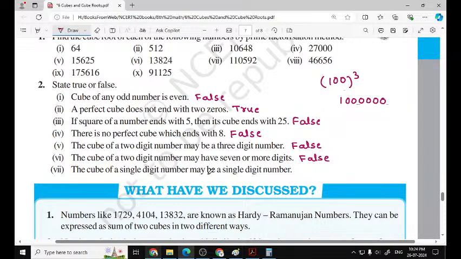A cube of single-digit number may be a single-digit number. No, this is also false, because 5 is a single digit, but its cube is 125. Maybe. So if we consider 1 cube is 1, 2 cube is 8, the cube of 1 and 2 is a single-digit number. Cube of single-digit number may be. Yes, it is. We are not sure about it. In general, this statement is false, but that is true for specific numbers. So as here we have maybe, we read this statement as